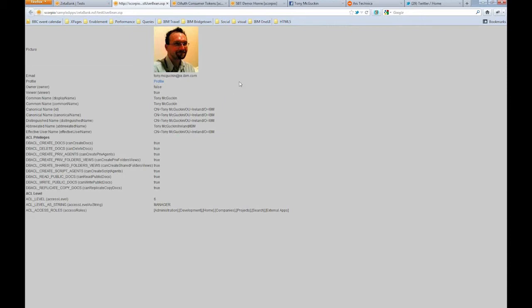And given that I have just logged in as myself, the userbean has gone off and retrieved my image from the Blue Pages, the IBM Blue Pages directory. It has found my email address and so on. It has found also other things pertinent to my Domino account, such as canonical name and so on, and then my access privileges to this current database. Okay, and just going back to Designer,